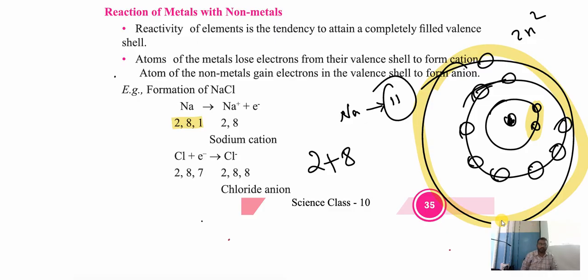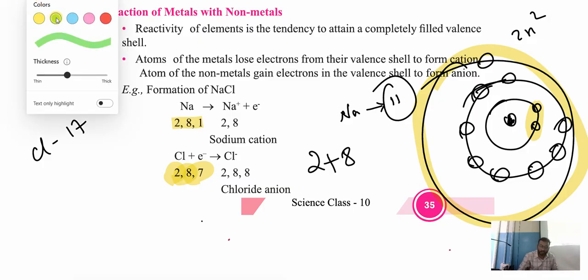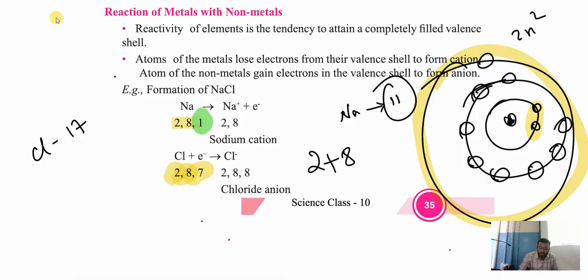What is the atomic number of chlorine? 17. Now how are we arranging the shells in chlorine? In the first shell we are keeping 2, second shell capacity 8, and in the third shell we are keeping 7. Now dear students, please observe here carefully. In this outermost shell, how many electrons are there? We